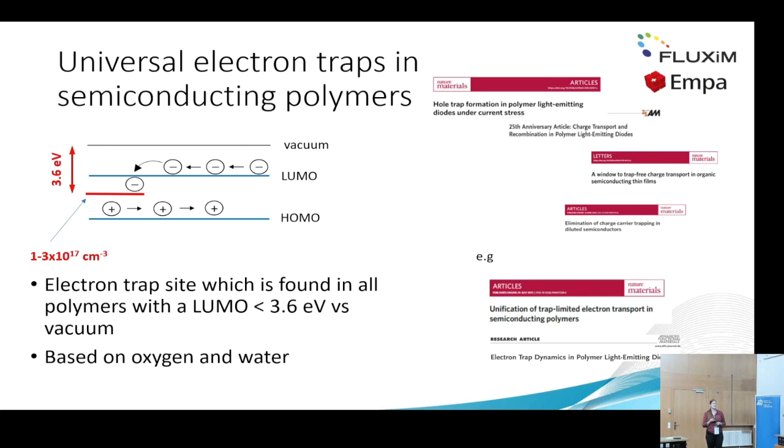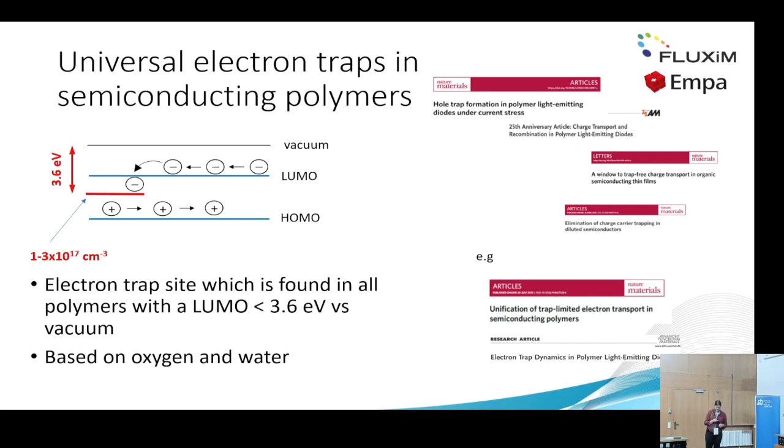okay. One of these trap states is the water and oxygen-based trap state at around 3.6 electron volts below the vacuum level. And most of the polymers usually have a LUMO which is above this level. So this is, in fact, a trap state which lies in the gap between LUMO and HOMO, and contributes to the slowing down of electrons inside those kinds of polymers. Also in the polymer I used, Super Yellow, we expect this kind of trap because we have a LUMO that is higher, and the difference between those trap states and the LUMO is about